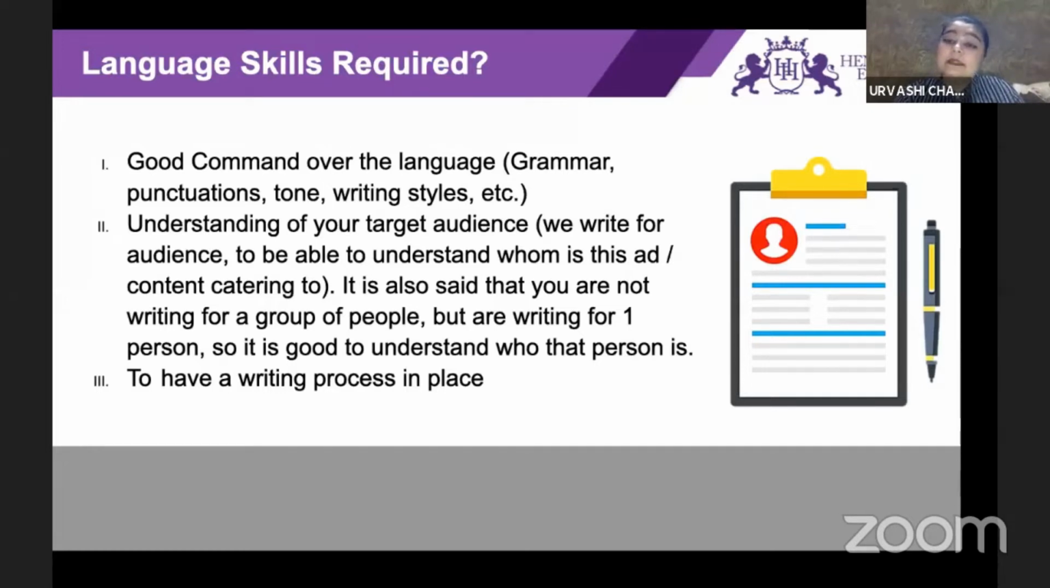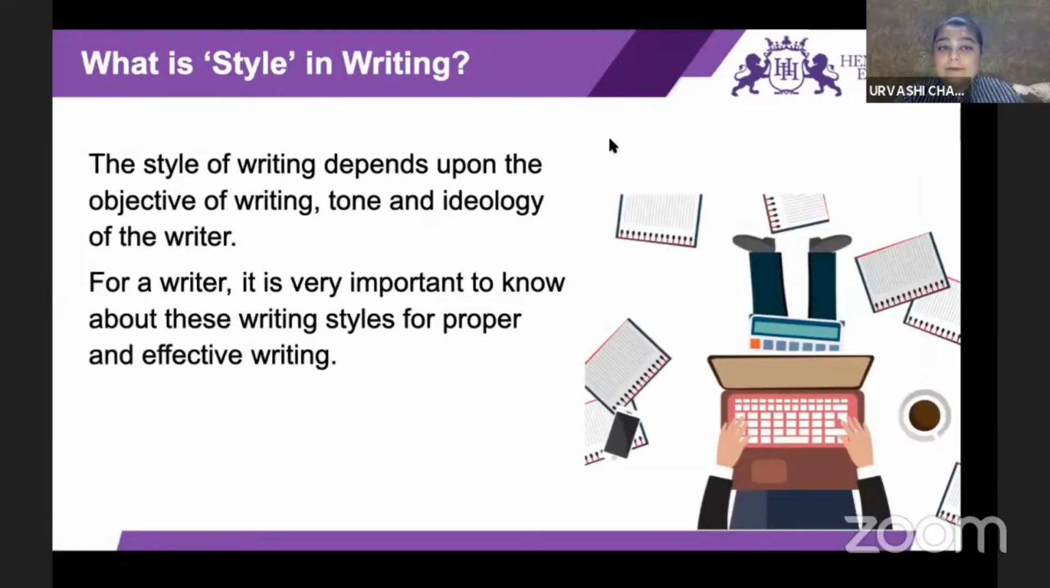The process begins from your research. By the time it comes to your writing, grammatically, punctuation wise, tone wise, style wise, your writing should suit the needs, wants, and desires of the people who are there. Now, when it comes to style, typically, the first question that comes up is what is style? For a writer, it's very important to know what this style is